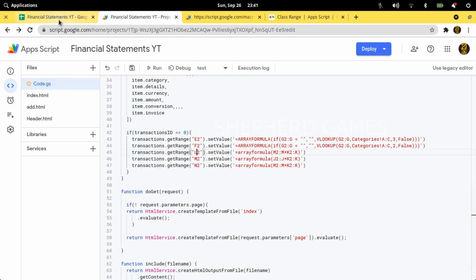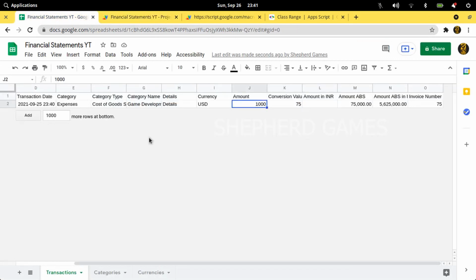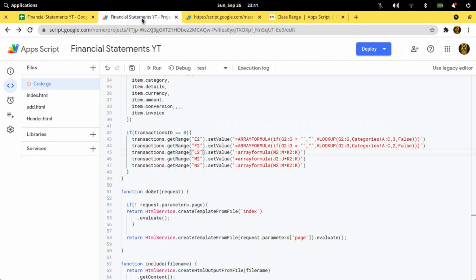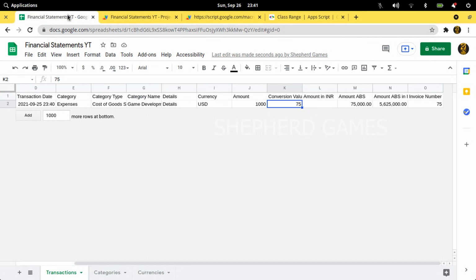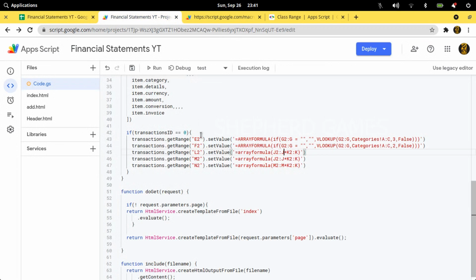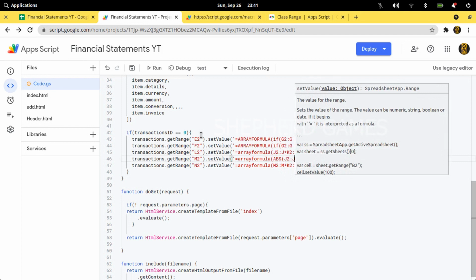So this will be L1, so L1 into J and K. So J and K. J. Okay, and this one will be ABS of